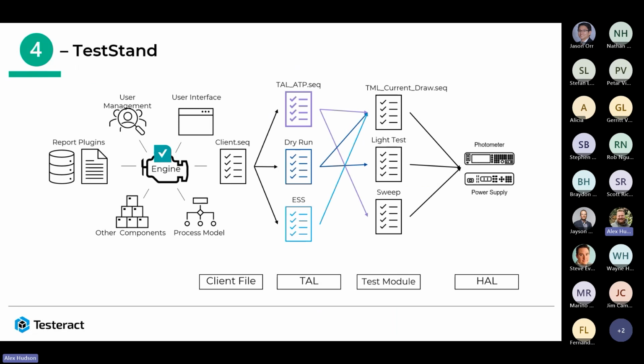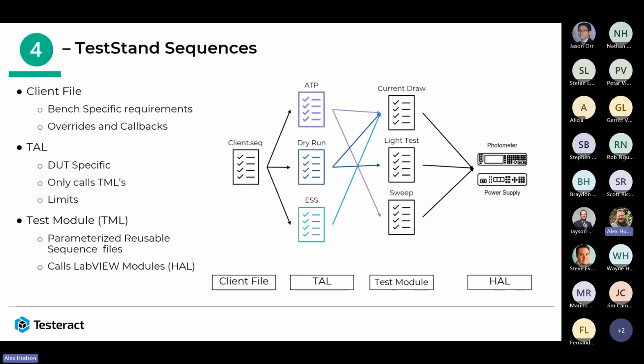We are actually testing something. So how do we test things? The meat and potatoes of our automated test system is the test sequencer. We use TestStand. You can use any test sequencer. You can use an in-house test sequencer. We're not going to talk about TestStand super in depth. What we're going to talk about is how we organize our test sequence files. And these are some ideas that you might be able to take with you